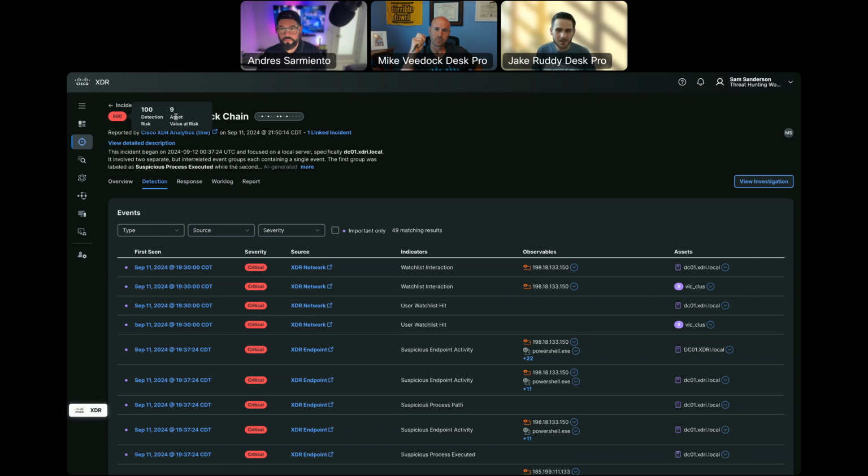Some of them are just going to inherently have more value to me than others. If I look at my domain controller and contrast that to an iPod that's on a fully segmented guest network, one of those is going to have more value, right? They're both important. I want to monitor both, but inherently one of those is going to have more value. That's where this asset value number is intended to be used, right? It plays into the overall priority of those different incidents.